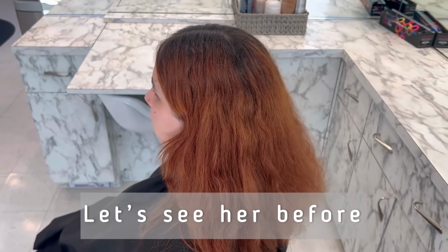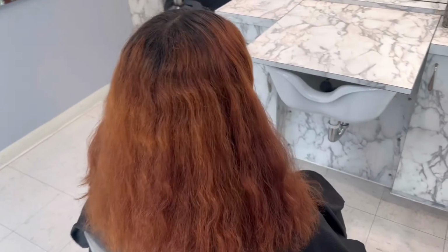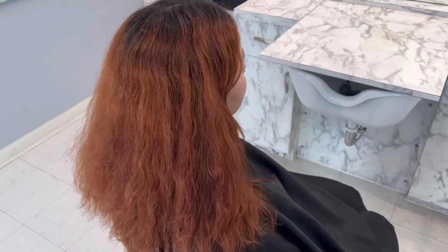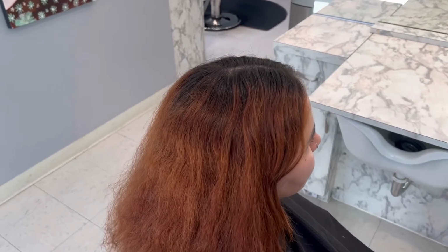It's definitely a lot brighter, more of a lighter color too. She was more of a level 5 when she came in, and I'm glad that we were able to get her closer to a level 7